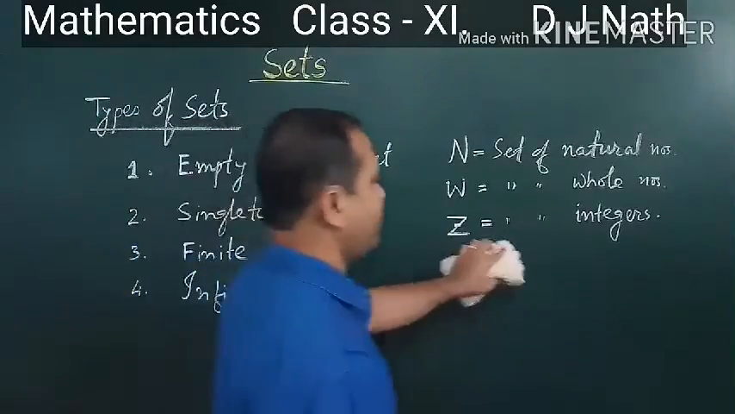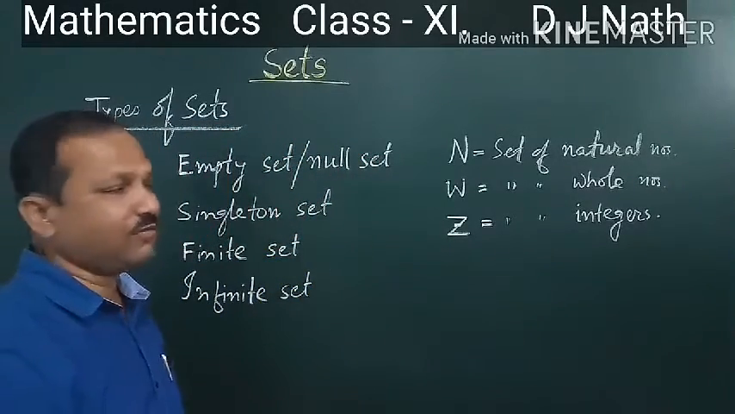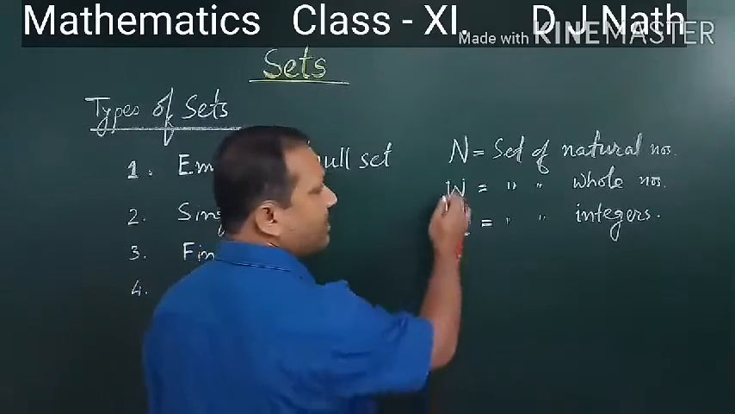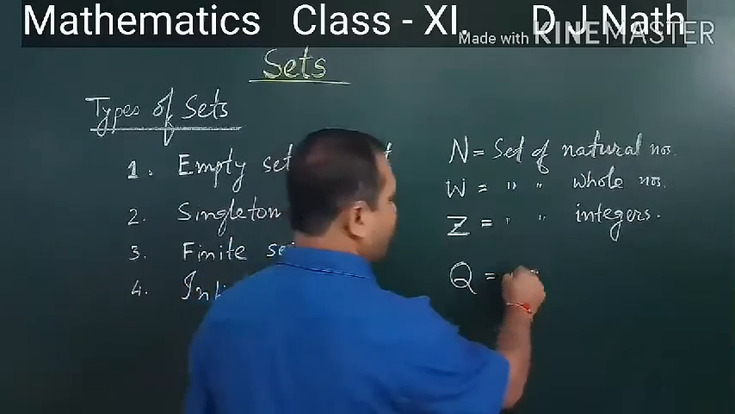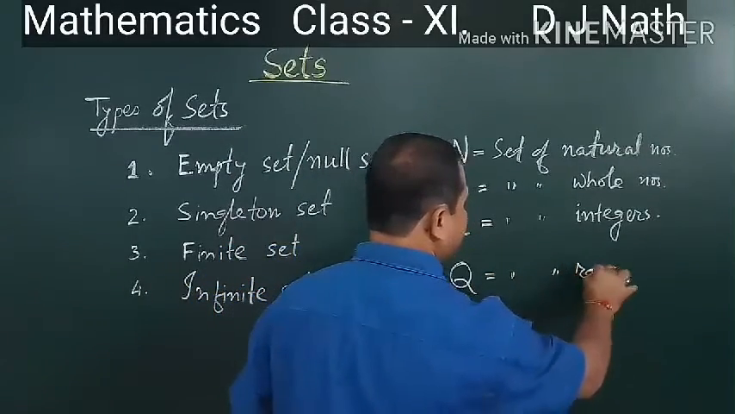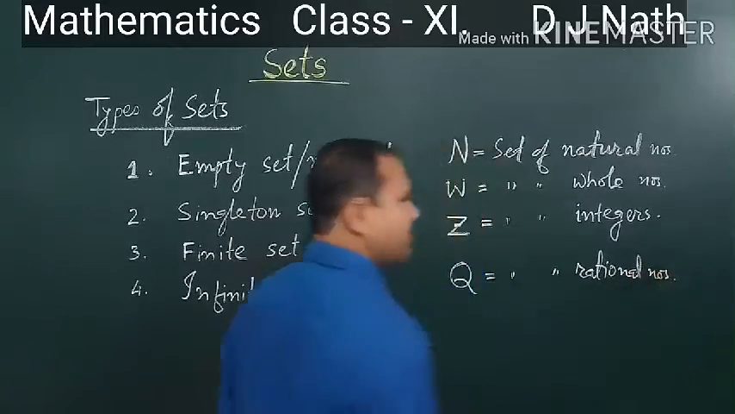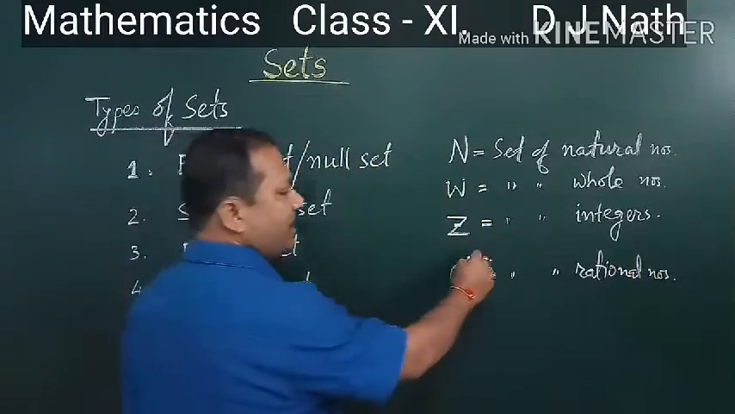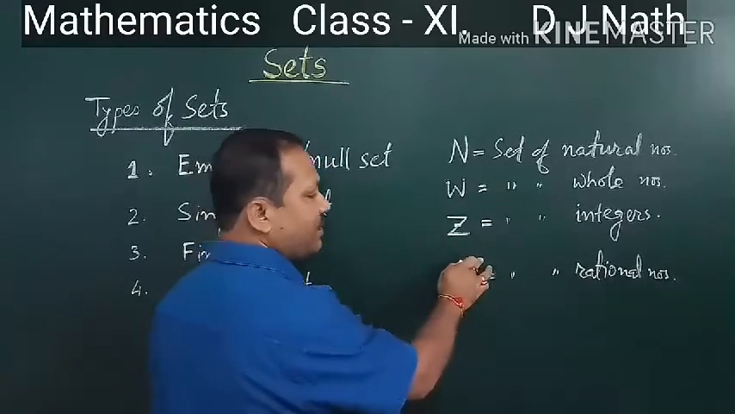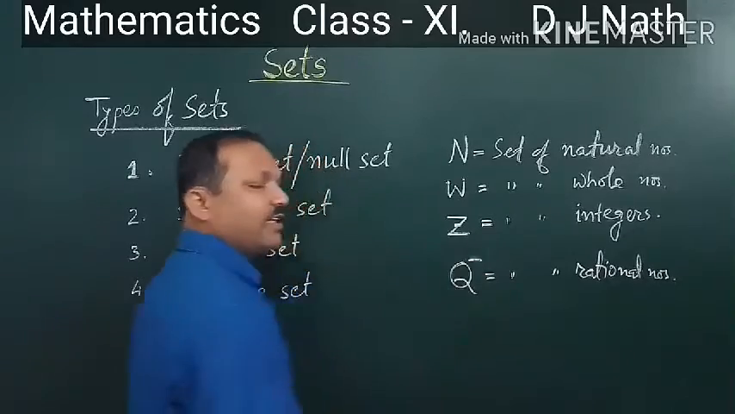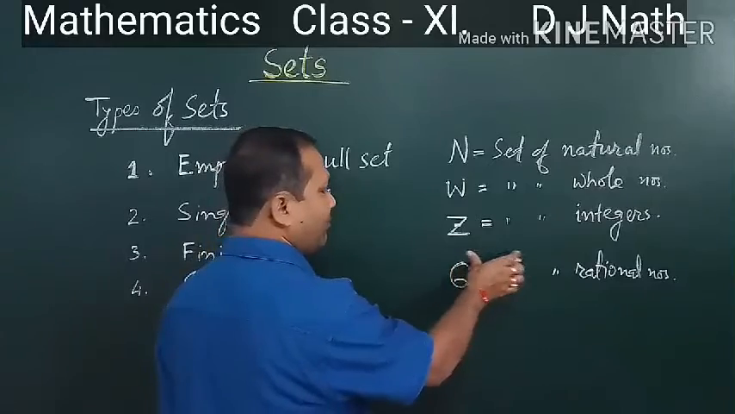Now another one is there, the set of rational numbers. By which letter do we denote it? It is by Q. Set of rational numbers. In that also, if I write Q plus, it means the set of positive rational numbers. If I write Q minus, then it is the set of negative rational numbers. In the same way, if we proceed a little further,